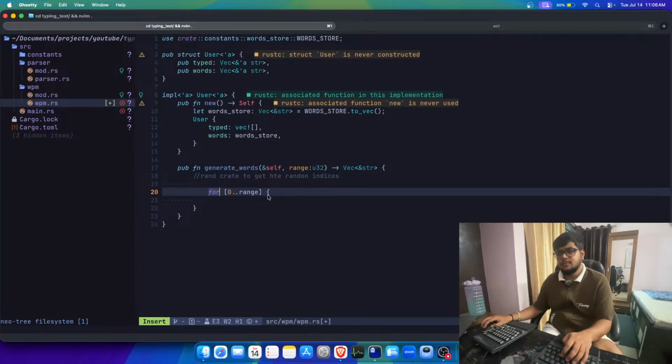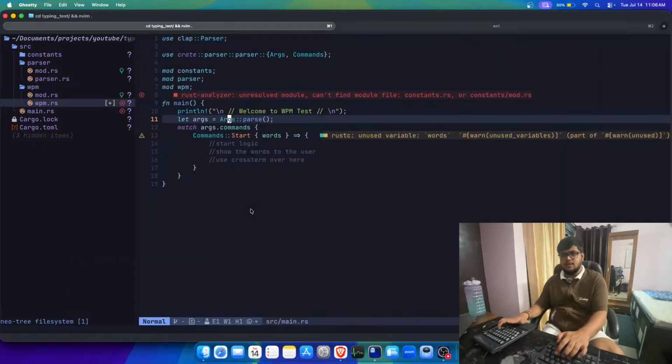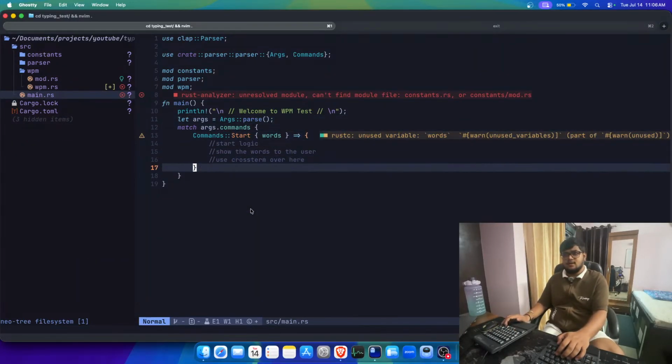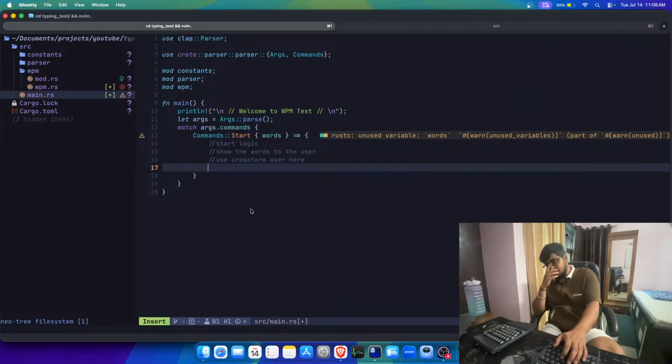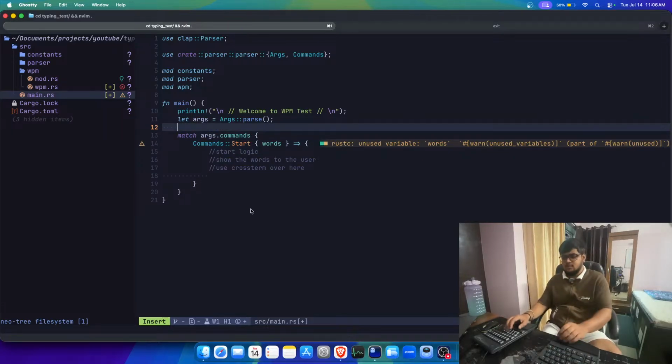So we have the range over here. So if I go on to the main, I think I have to initialize this over here as well, or should I do it on the start? Let's see. For now, let's do it over here. WPM is equal to,